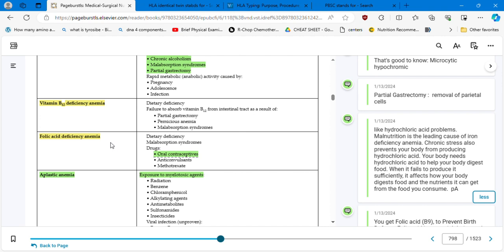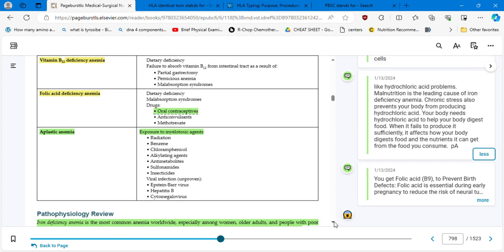Aplastic anemia is a type of anemia caused by exposure to myelotoxic agents such as radiation, alkylating agents, which are basically your medications, sulfonamides, your antibiotics, insecticides, as I mentioned in chapter 36 or in the previous session, pesticides,